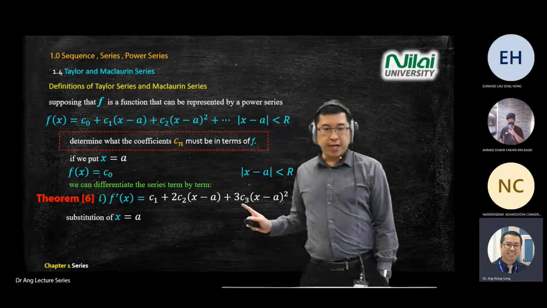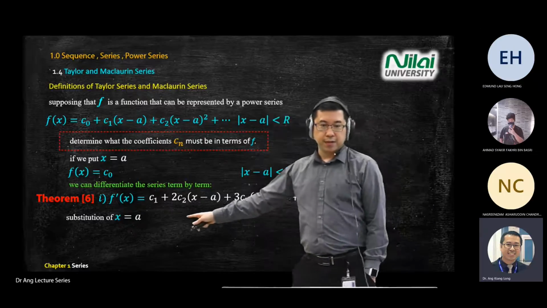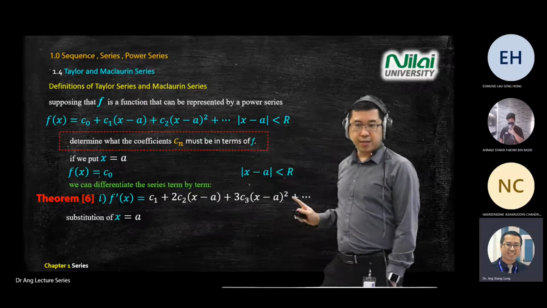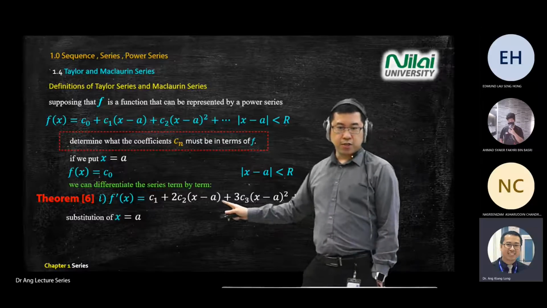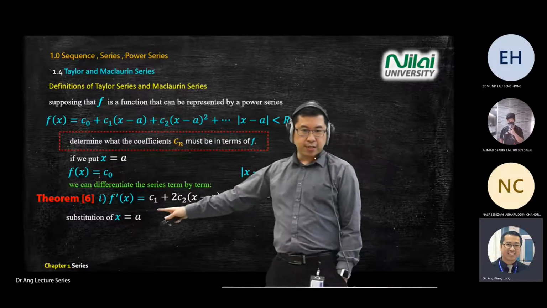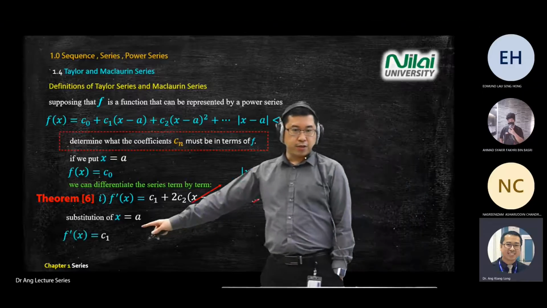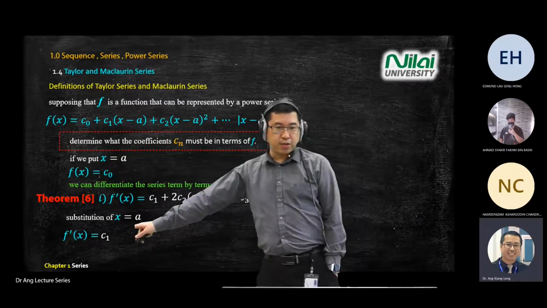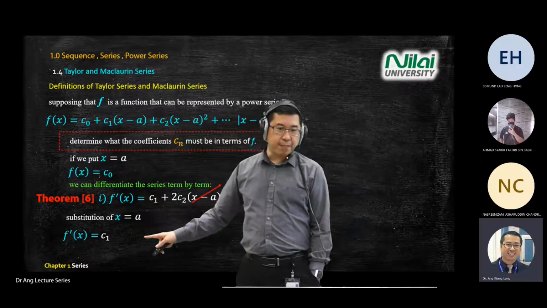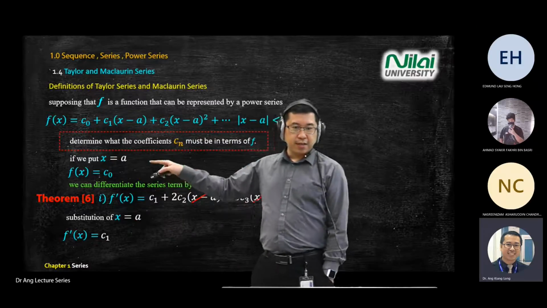You substitute a inside here. Substitute a inside this equation. So this one, 0, 0, you will still get C1. Okay. So you differentiate one time, you get C1. The function